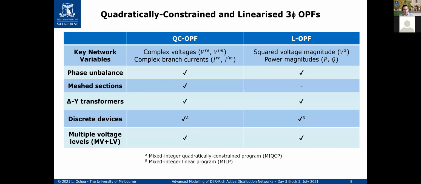Now, when it comes to the quadratically constrained and linearized three-phase OPF, which is what we're going to present in the next slides, I think what is important to mention first is the key network variables. In the quadratically constrained OPF, and the links to the papers with more details are there in Canvas, we were using complex voltages, all right? So the real and imaginary parts of voltages, and as well for the branch currents, real and imaginary parts. Whereas for the linearized, what we're going to use is